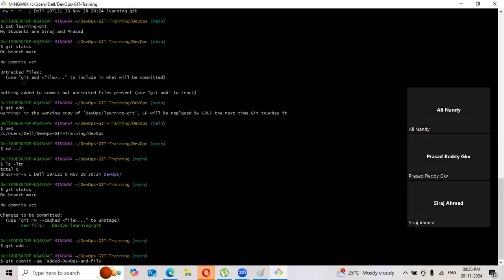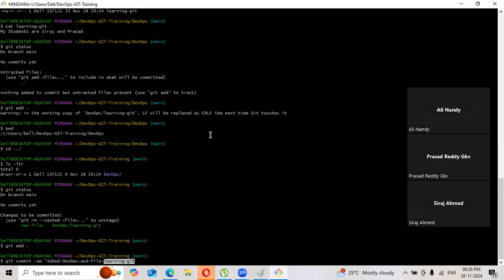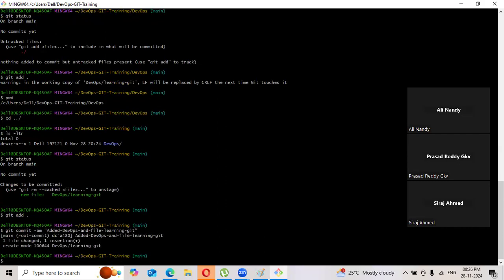Why am I giving this statement? So that I can remember what my activity is, what folder I created, what file I created. I'm giving this in inverted commas, git commit -am within the inverted commas. I've given everything. See here, one file changed, insertion, create mode, DevOps, learning Git. Now, once I give git push origin,